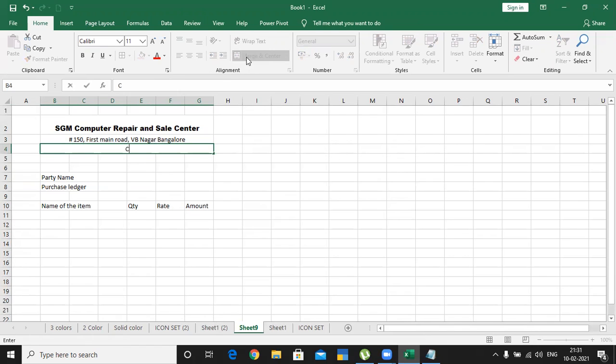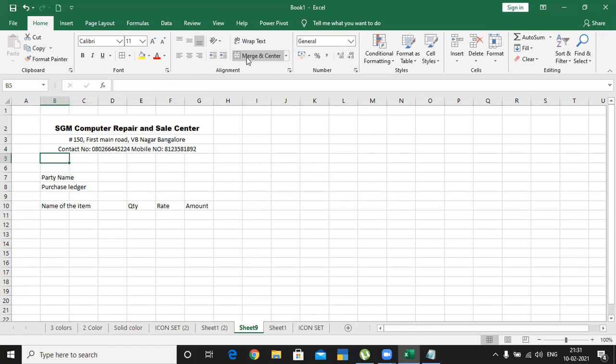So contact number 080 2266 4, something like this. Then mobile number. Then if you want, you can increase this area.